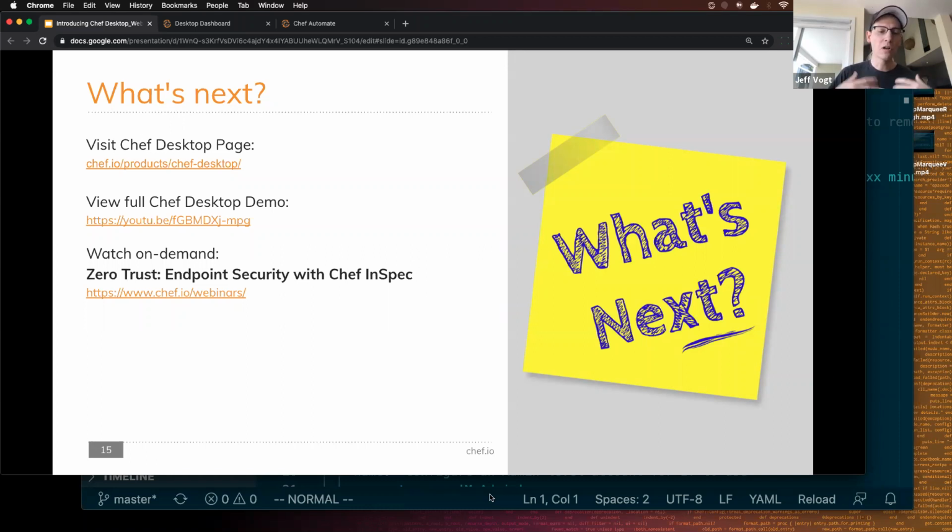Imagine a scenario where you need to log into the VPN, but before your authentication gateway will allow you to log in, it validates things like, is that laptop a corporate laptop? Has it run any compliance tests recently? Is it patched? Is the disk encrypted? So when you want to marry that pattern to an environment where you're using Chef to manage a laptop, if you're using Chef to deploy hardening